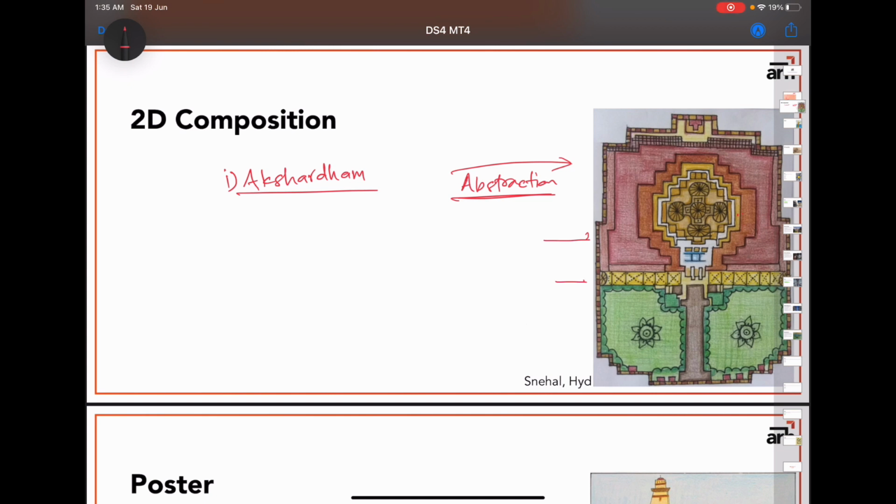And talking particularly about Snehal's work, I have been receiving her work very regularly, and I think there is a lot of improvement in her work. So this is a fairly good drawing. Out of 50, this would go around 25, 26. Definitely this would go around 25, 26. So this one was by Snehal.